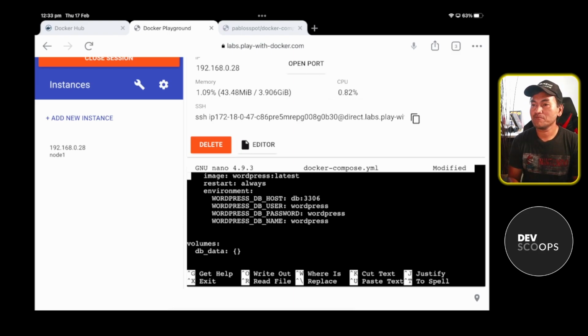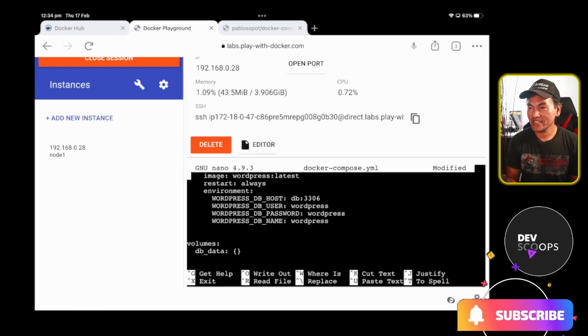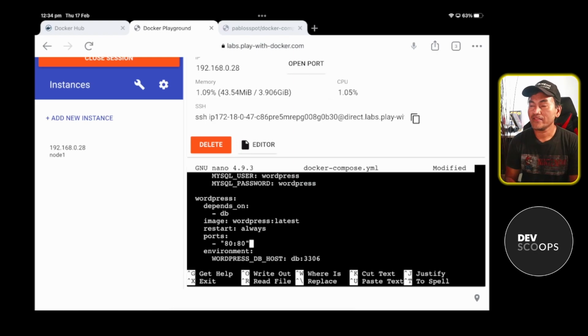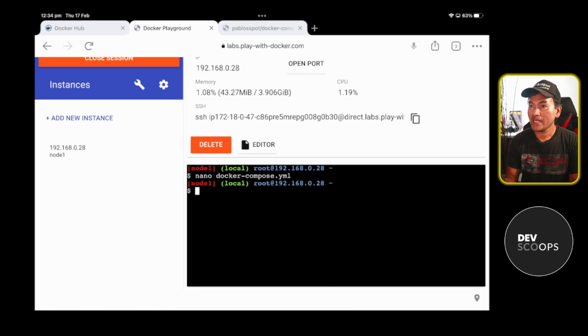Now that I have removed my Nginx container, I need to make sure that my WordPress application is still exposed and accessible. And so I'll expose port 80 on my WordPress container. And that's all the changes that I need to do. So let me go ahead and save this. And now if I start running Docker Compose up,